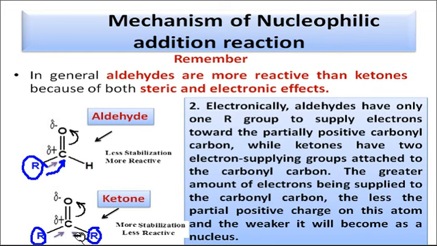Okay, so the greater the amount of electrons being supplied to the carbon of the carbonyl group, the less partial positive charge on the carbon atom, and the weaker it will become as a nucleus for